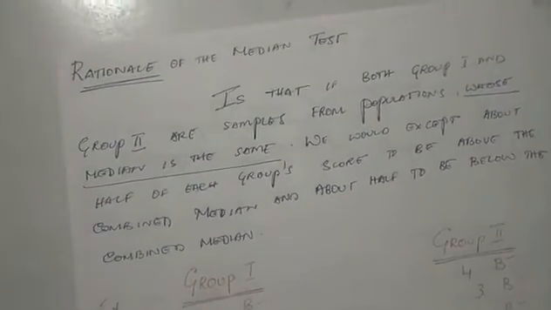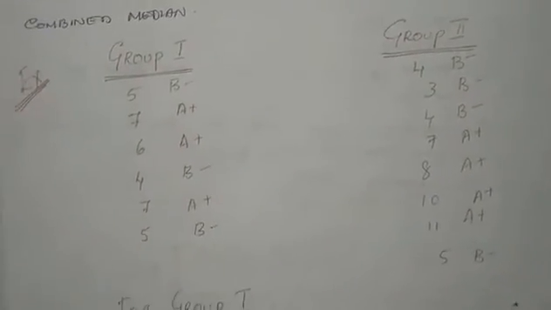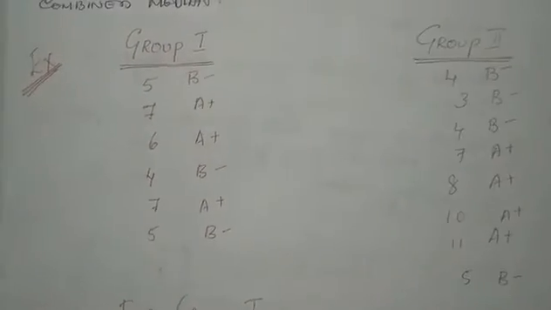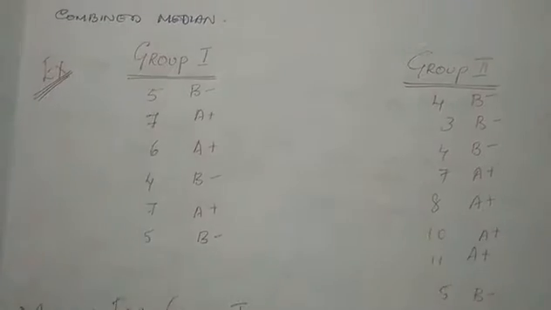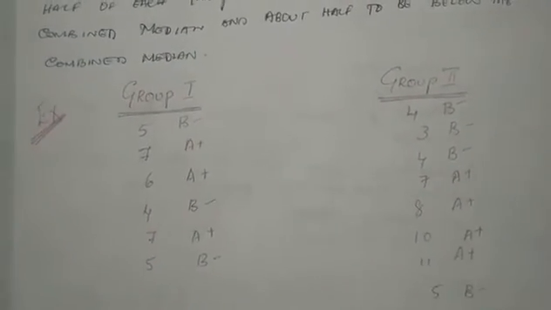So now we have an example, so this will help you understand better. In this example, you are not given a contingency table; rather, you are asked to make one. You are given group 1 and group 2, and the scores in group 1 and group 2 are as follows.